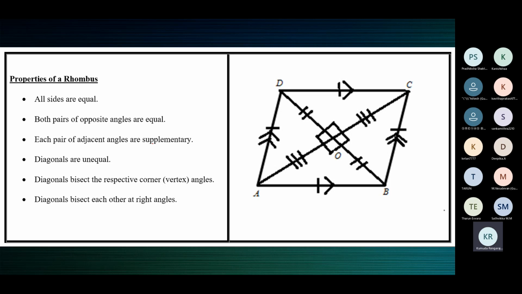Why? How does this rhombus become a square? Because in a rhombus, already all sides are equal, like in a square, all sides are equal. Now, in a rhombus, where the diagonals are unequal, supposing in that particular rhombus, you prove that the diagonals are equal. Then it's not that it was wrong that we called it a rhombus. No, it is a rhombus only. Further, you can call it a more special name, a square. Not that you were incorrect in calling it a rhombus. You can call a square a rhombus, but you cannot call a rhombus a square.